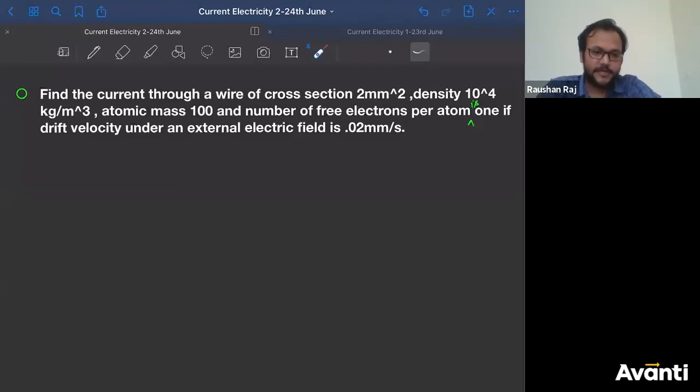Come on guys, solve it. Acha, how many of you don't know how to find number of moles? Please be honest and click yes if you don't know how to find number of moles. Come on guys, how many of you don't know the meaning of number of moles or how to calculate it? It's okay. I will not take your name. You can write that in the chat, or if you want, you can click yes. I can see 1, 2.